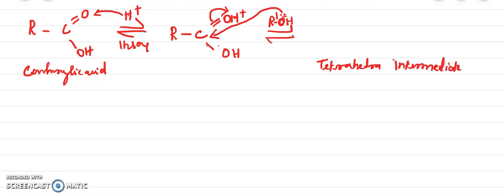So how can you write it? Here, if the bond is moved, you will get only a single bond, am I right? So here you have to write OH. And here also there is an OH, so you have to write OH. Here there is a lone pair, which you have to indicate. And I said this OH group comes and attacks the central carbon atom of the particular compound.